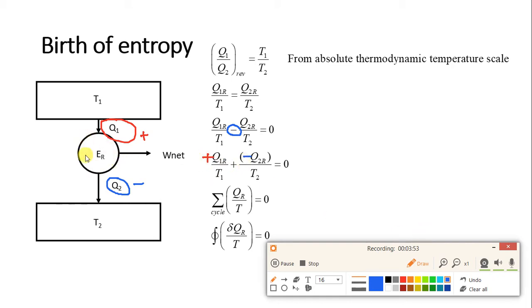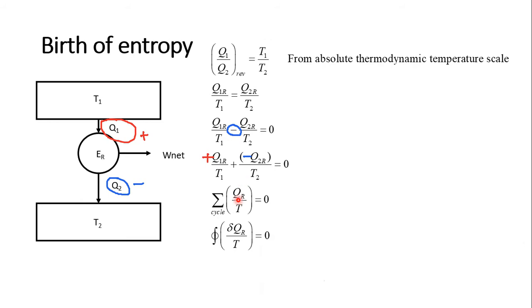Now this Carnot engine operates under a cycle of how many processes? Four. We have already seen the Carnot cycle; there are 4 processes in it. So what is written over here? Like that, there will be plus Q1R by T1 plus Q2R by T2. Now this will become negative by taking into consideration the sign convention.